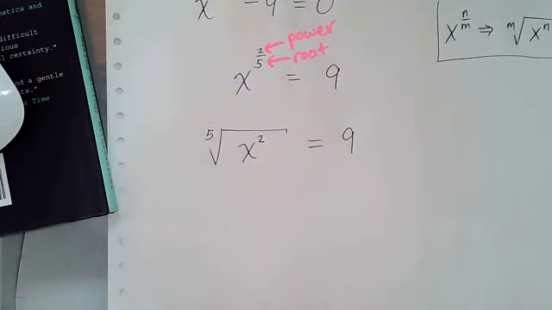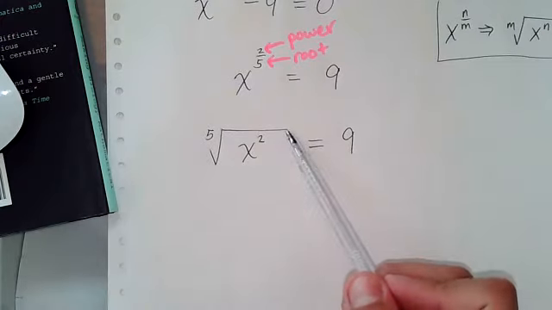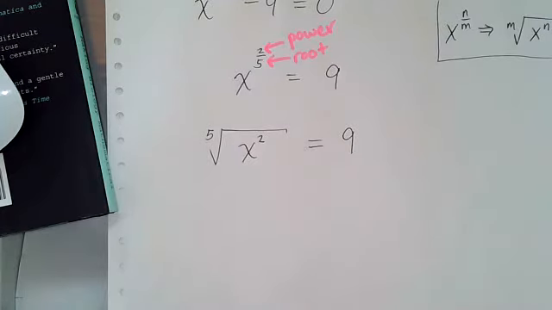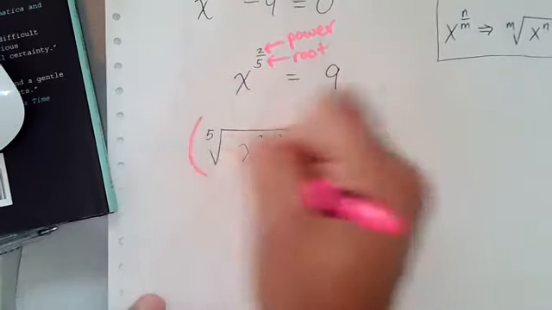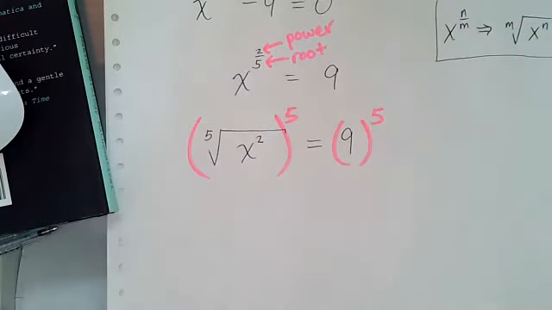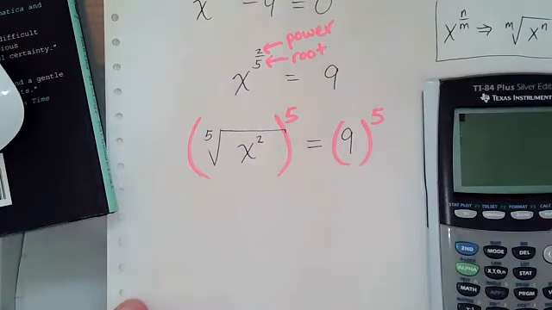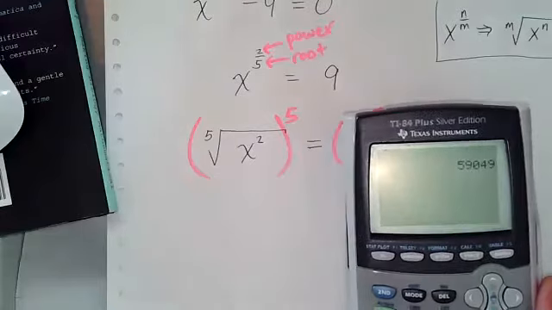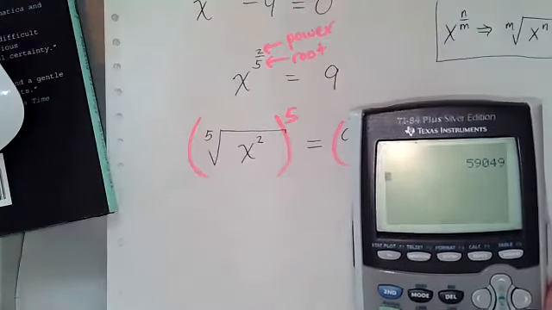But now what we can do is say, okay, I'm trying to cancel out a 5th root. Well, with the 5th root, we can cancel out the root with the 5th power. So we could raise this to the 5th power, raise this to the 5th power, for sure. But 9 to the 5th power is going to be pretty large. So we're just going to have a little bit of faith that we're going to get to the same place. And we have